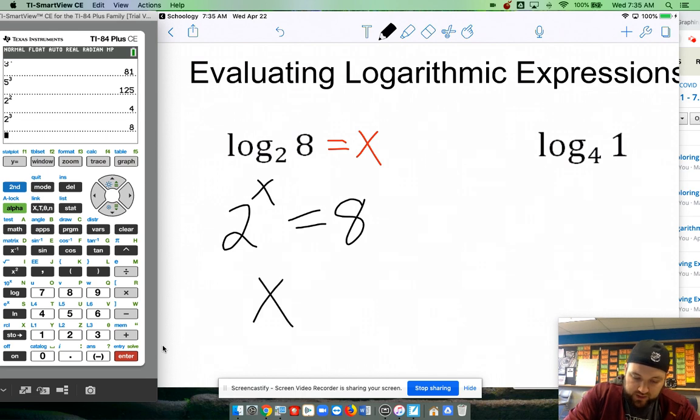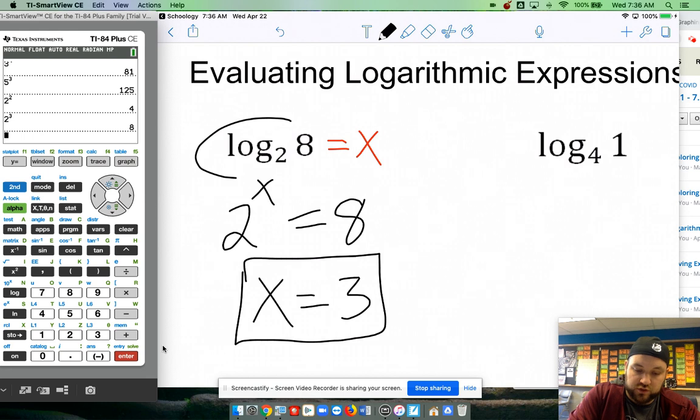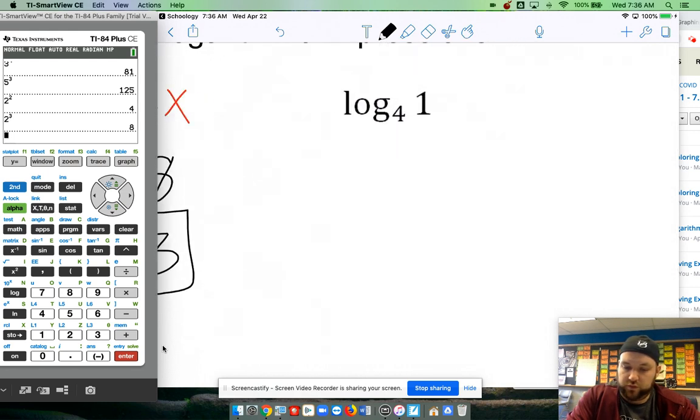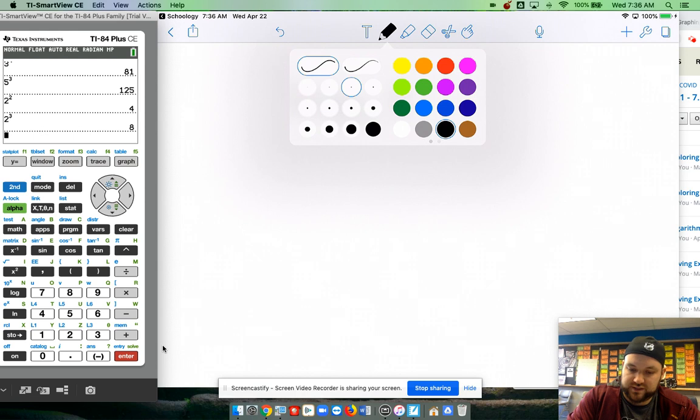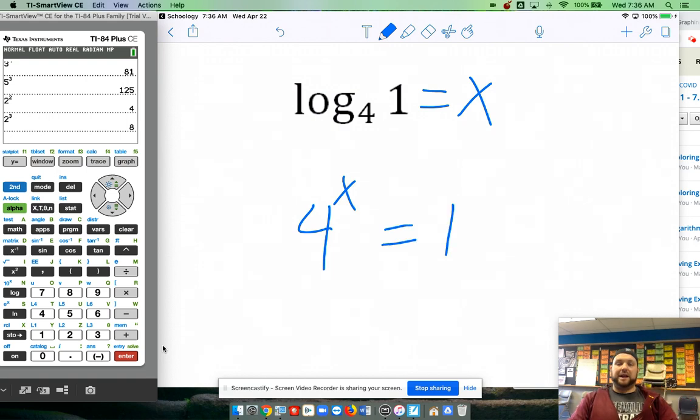So that would tell me that the missing number, or the missing exponent, has to be 3. Okay. I'm going to show you in just a minute how you can just type that into your calculator, and the calculator will tell you that 3 is the value of it. So if we use that same thinking here, what is log base 4 of 1? So 4 to what power is going to give me 1? This is kind of a goofy, or kind of a tough question,